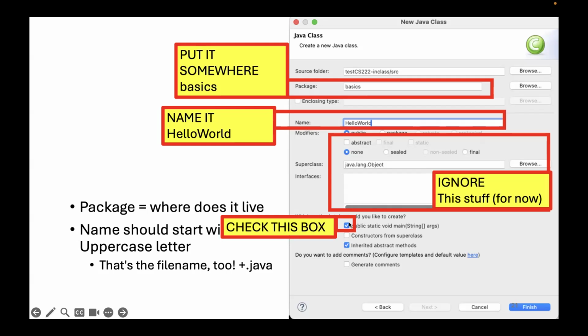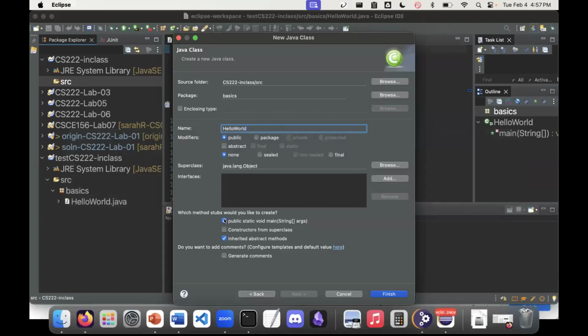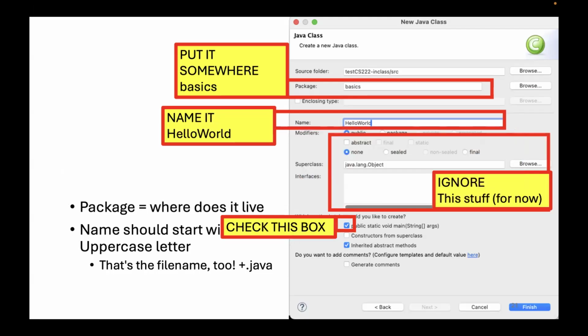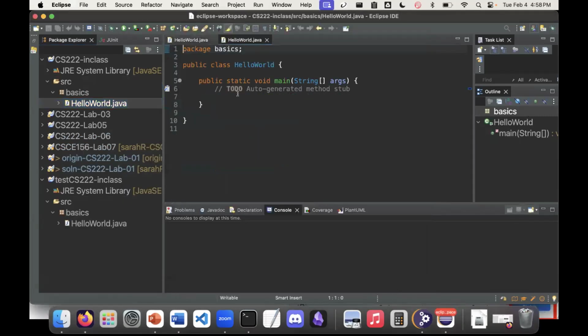There's a box that you need to check, the public static void main. I would like that. If you don't, that's okay, but try and check that box and then just click finish. So make sure it starts with a capital letter. When I click finish, now here is my file. We're running out of time, so we'll start from here next time. But because I want you to be able to say I wrote a program in Java today,